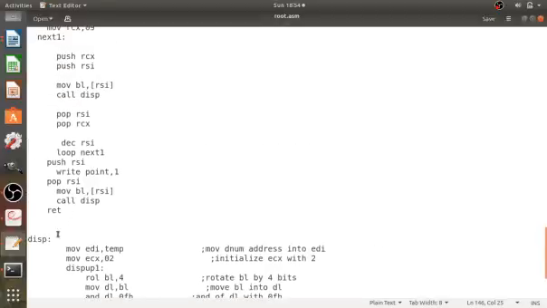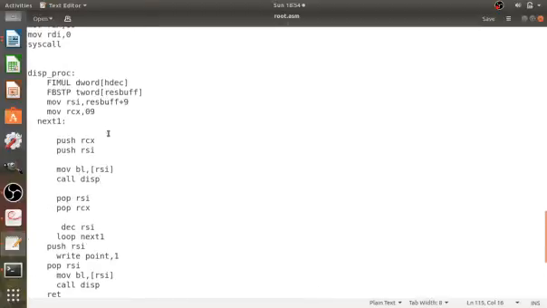So the disp procedure was called here. After that it goes to the next statement, pop RSI, as the second value pushed was RSI, the address, and it will be popped first. Then again pop RCX, so it will pop the counter which was pushed first.